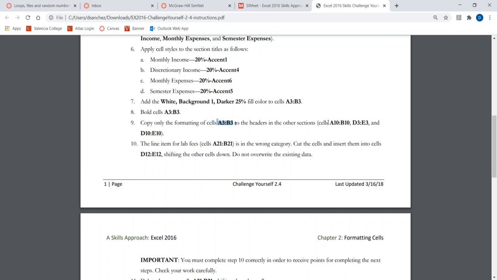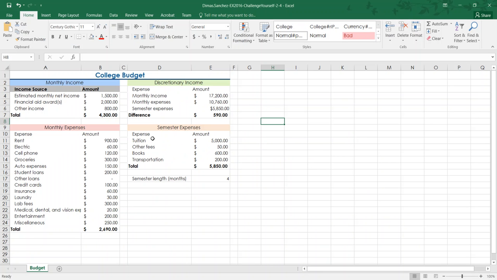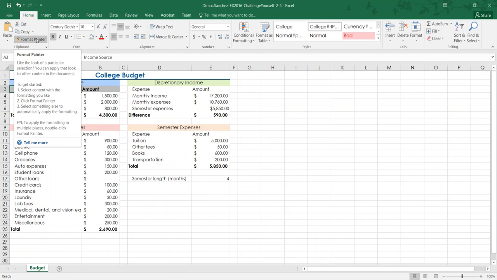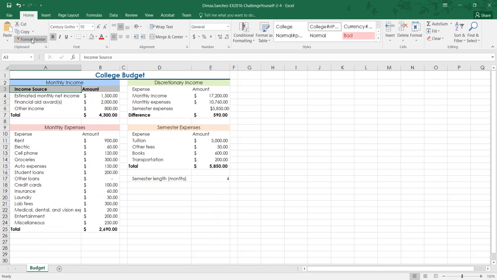But basically, all the subtitles have to have the same format. So to do that, you have to select one of them or both of them, doesn't matter, and go to Format Painter. Format Painter is going to copy the format and apply it to another part. Since I want to do more than one, I'm going to double click, and when I